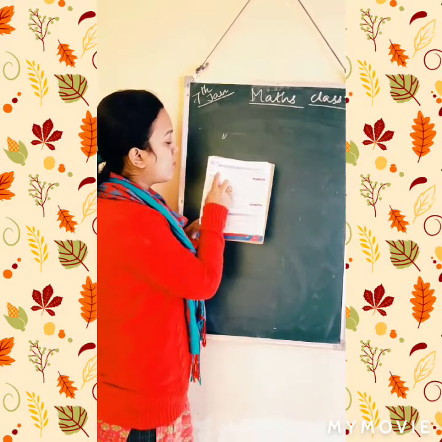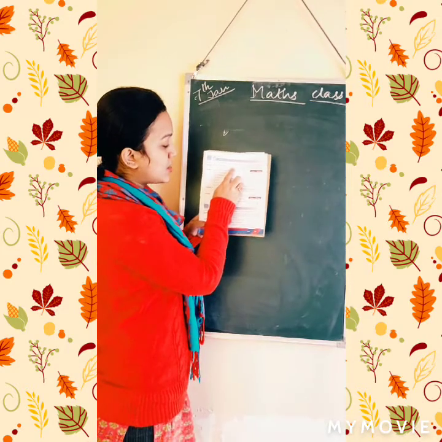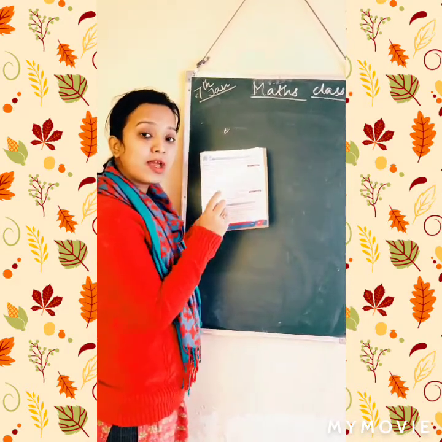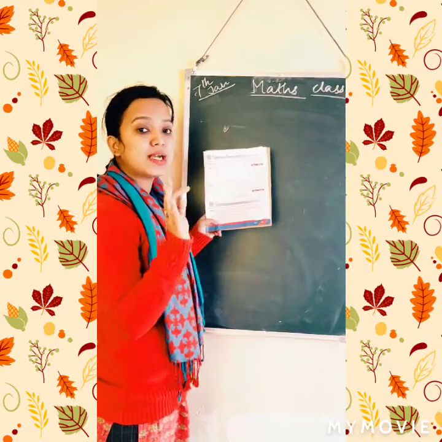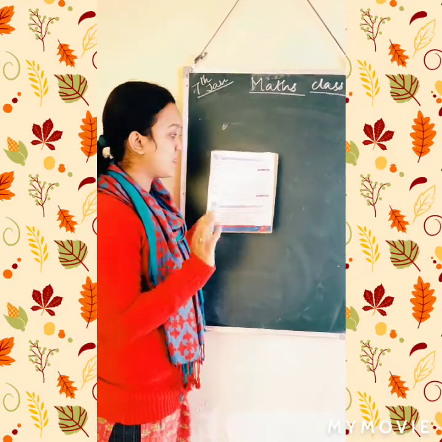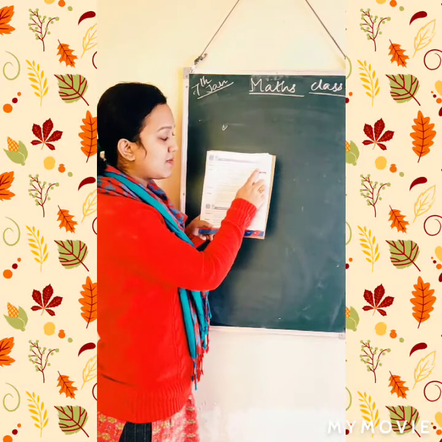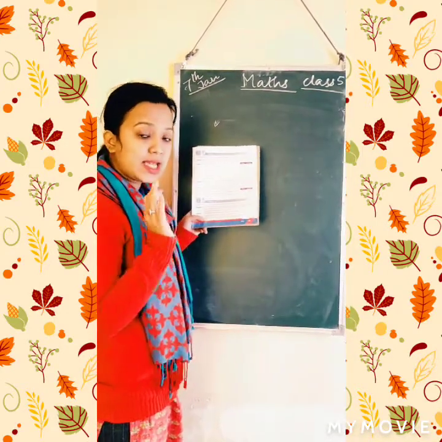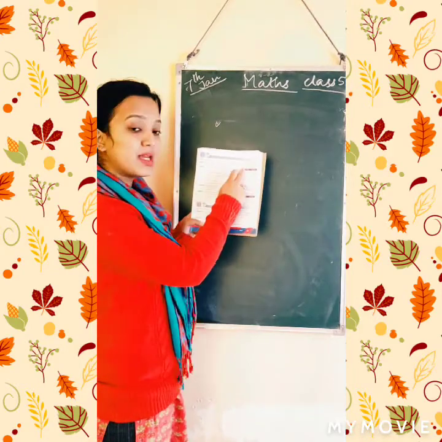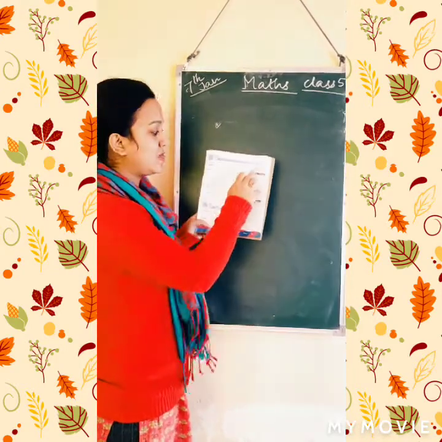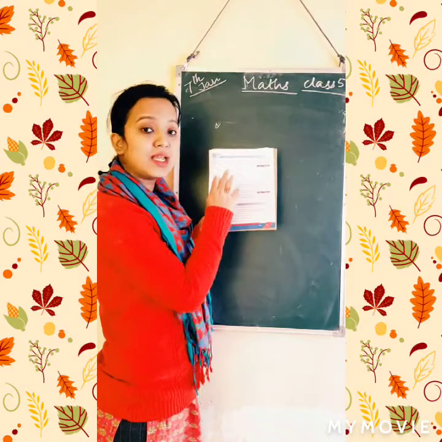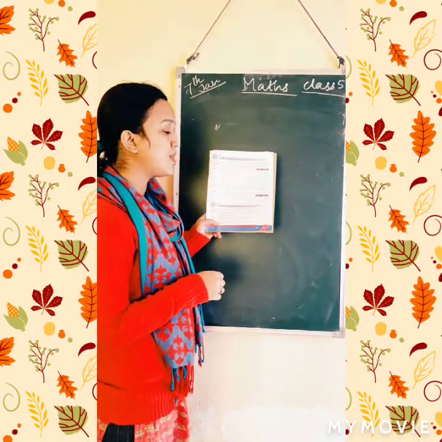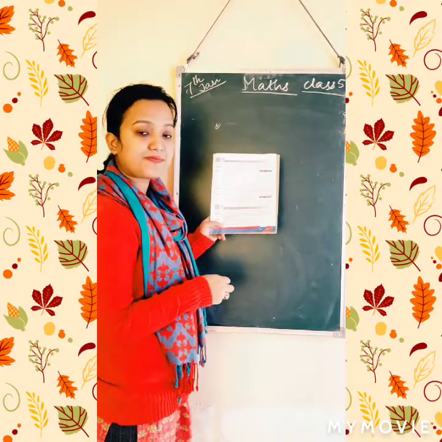See here, a courier boy delivered letters for 2 hours 35 minutes. That means a courier boy has spent 2 hours 35 minutes delivering letters. Okay, and parcels for 3 hours 28 minutes in a day. So for letters he has spent 2 hours 35 minutes, and for parcels he has spent 3 hours 28 minutes in a day. So they have asked you, for how long was he on the job?